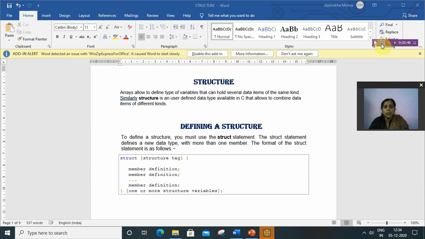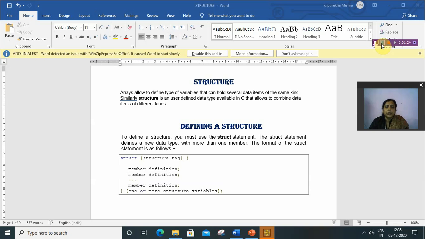But a structure is a user defined data type that can store heterogeneous data items, means data of different kinds. It can store integer, character, float, any combination. So structure is a user defined data type available in C that allows combining data items of different